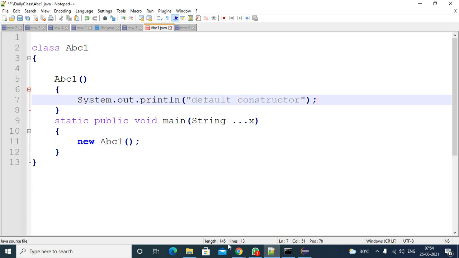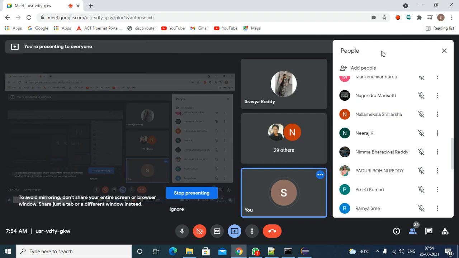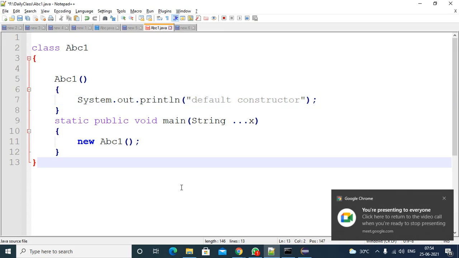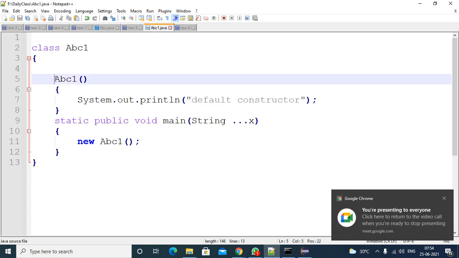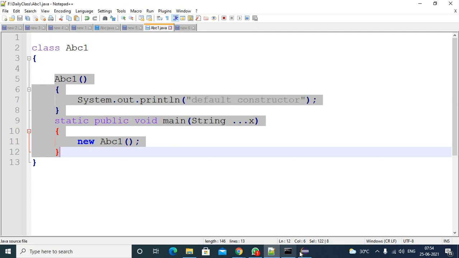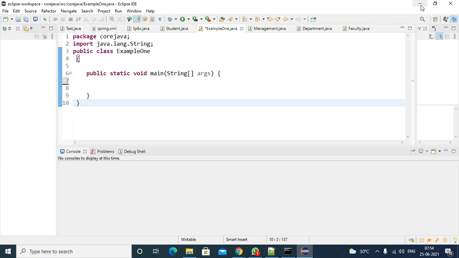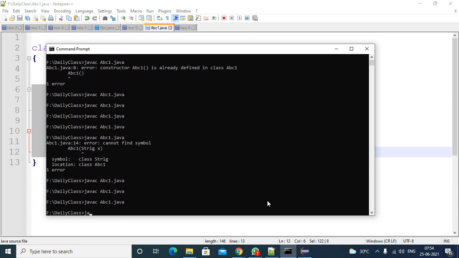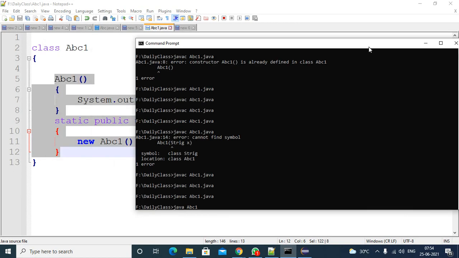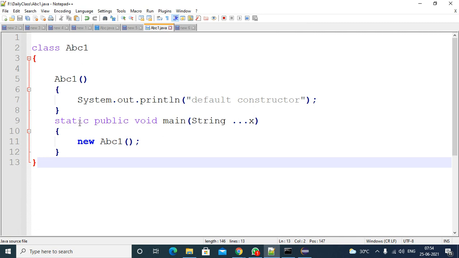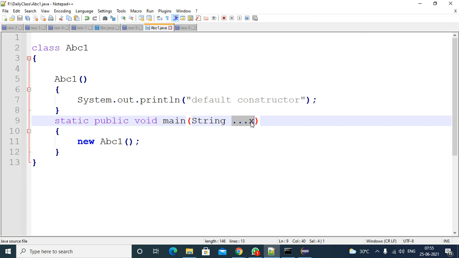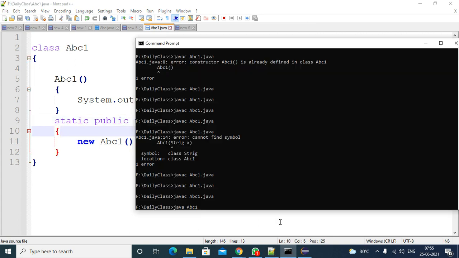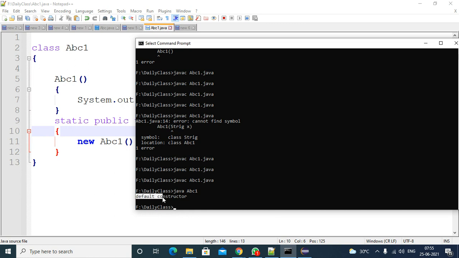Default constructor. So you created the object. If you want to debug this code, just copy paste this code here. You can easily understand. Okay, one time you will just compile here, no problem. It compiled successfully. Try to execute it. For executing, a main method is required. In our class, the main method is already there. So the main method is written as public static void main with a String varargs parameter. I am not using a single dimensional array here, I am applying a varargs parameter. Right, that is also valid. Execute. So it executed, and the default constructor is the output.